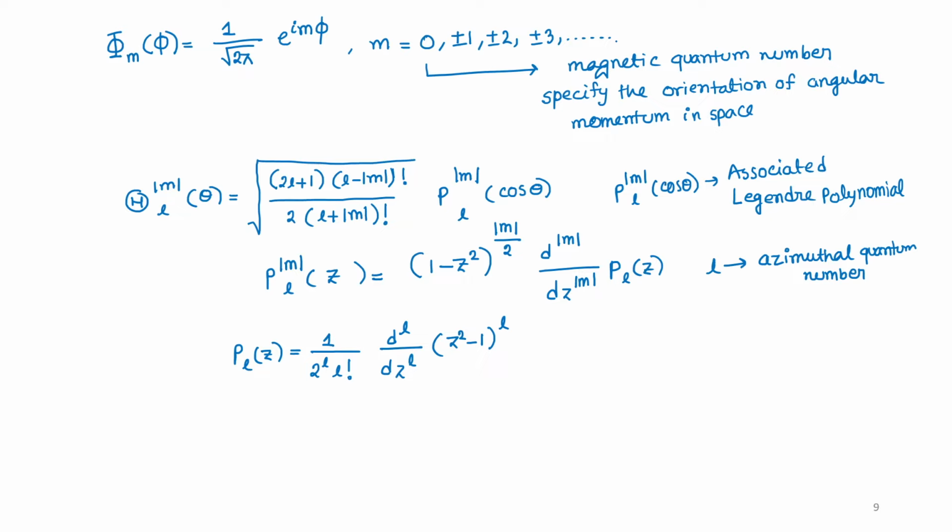Actually it has a restriction: modulus of m is less than or equal to L, and L can have finite values 0, 1, 2, like this up to n minus 1. What is n? I put this thing early. This n is your principal quantum number,